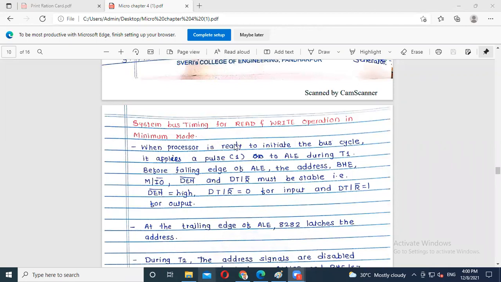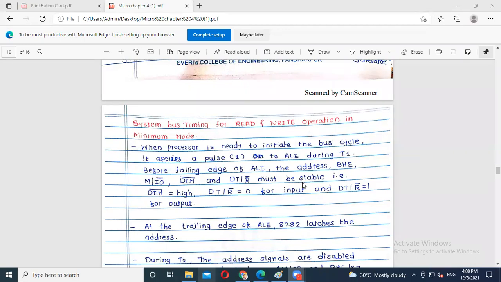Why we have to use bus timing: nowadays plenty of data is available in the market to transfer. Each and every second is very important to transfer the data. So whenever the processor is ready to initiate the bus cycle, it appears as a pulse, and even before following that,